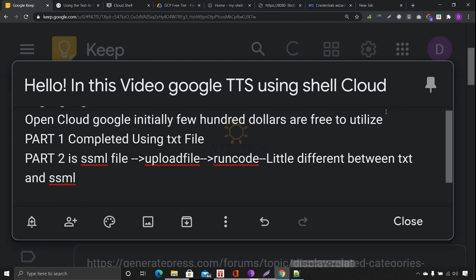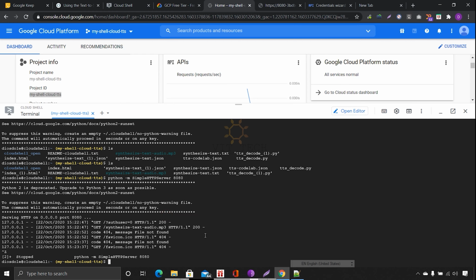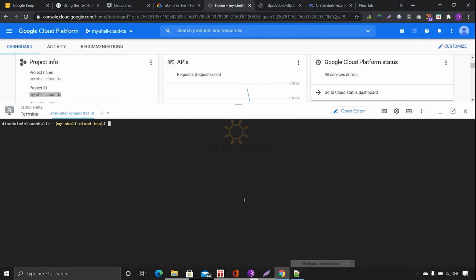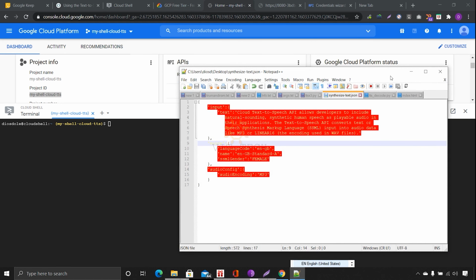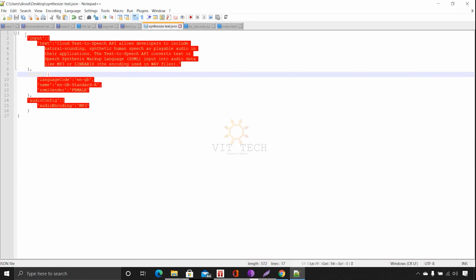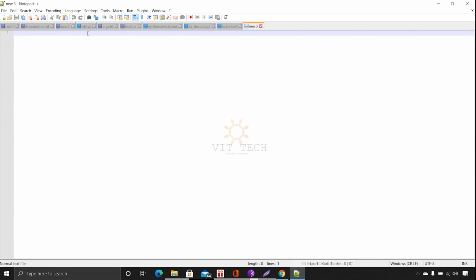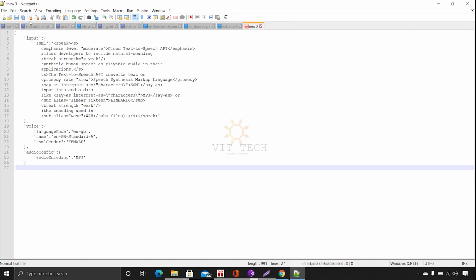We will start SSML, same as usual. Now we will clear this screen, go to the notepad, create a new file, and this is the input for SSML format. We will save it as a JSON only.